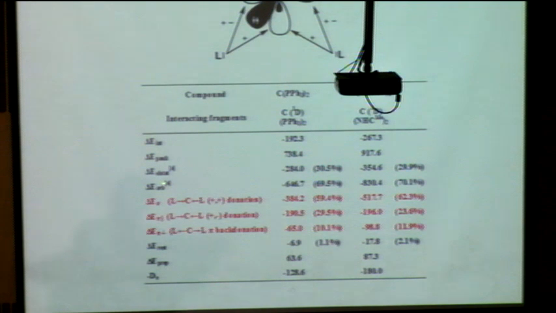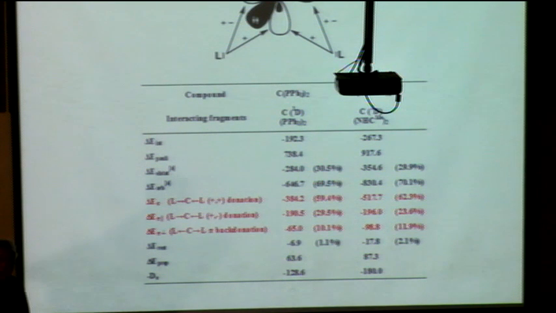And now you can break it up into the sigma donation, into this one. That is this one, 60%, 62%. Into the pi donation, that goes into this orbital, 30%, 34%. And finally, the pi back donation from here to the ligand, and you see 10% and 12%. Very, very similar values, which means that indeed those two ligands behave very, very similar.